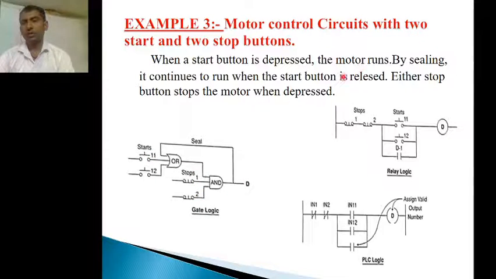When any one of the start buttons is depressed, the motor is on. So here we can consider the 2 inputs. Those 2 can be represented with one OR gate. So we can start the motor either by pressing the I1 start button or the I2 start button. If you press the I1 start button, the output is 1. Why? Because in the OR gate, when any one of the inputs is on, the output is on.